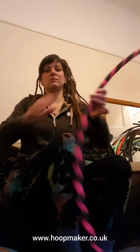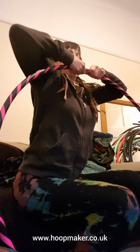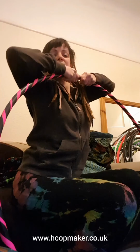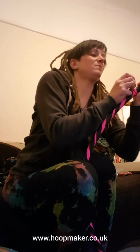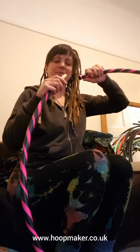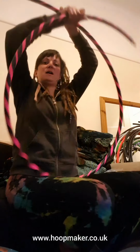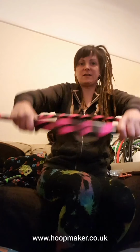And that is done. To open it, if you've got really strong fingernails, you might be able to push it down. Some of them are a bit stiffer than others, so if you need to, again, you can pop it down with something. So I'm just going to push it in with that and pull it apart. And then this coils up. You need to put quite a bit of pressure on it. Put my foot on it, join the two ends up,